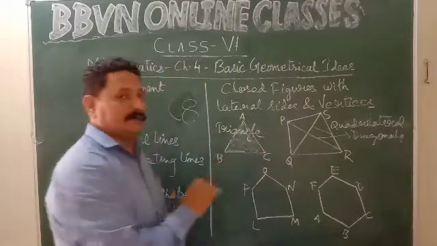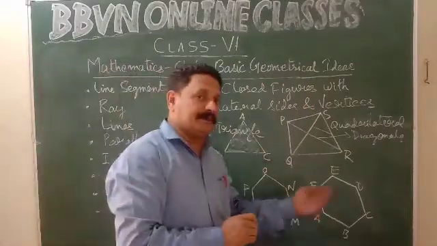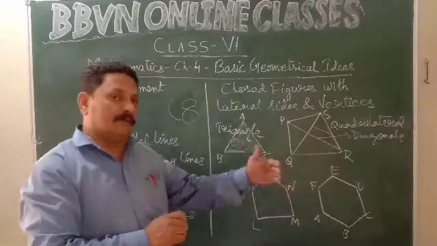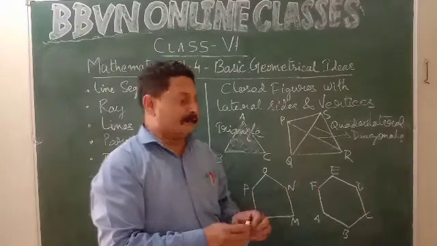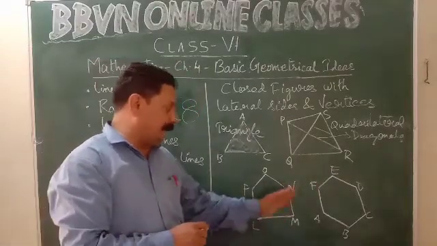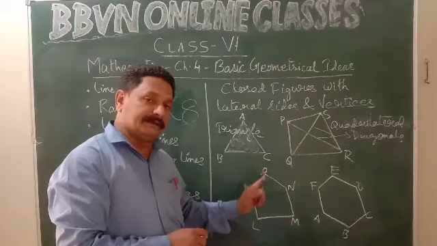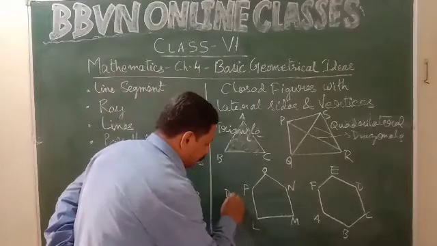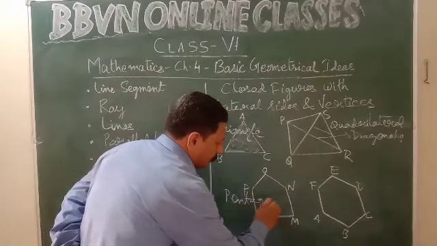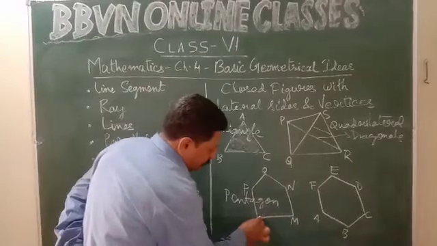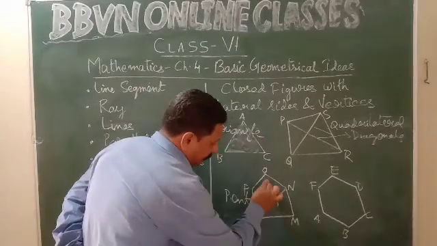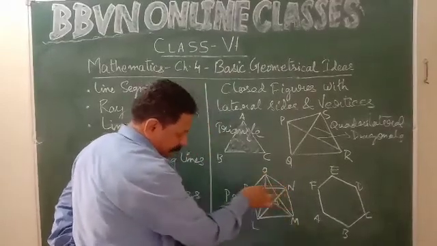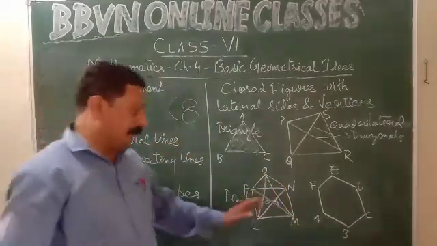A triangle has no diagonals. So diagonals come into the picture from quadrilaterals or any other geometrical shape which has more than 4 sides. 4 or more than 4 sides, you will have diagonals. Come to this closed figure, LMNOP. It has 5 vertices and 5 lateral sides. 5 means pent. So this is a pentagon. Okay, now diagonals. This is a diagonal. This is another diagonal, and another, and another. You can draw all the diagonals. So these are diagonals of a pentagon.